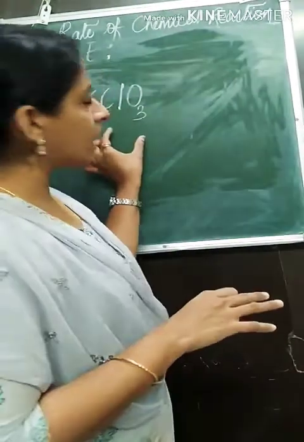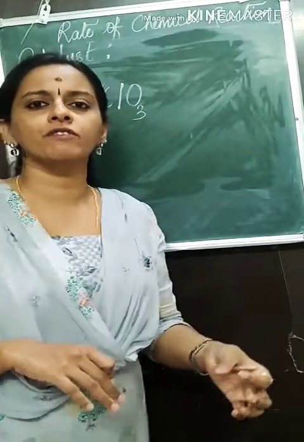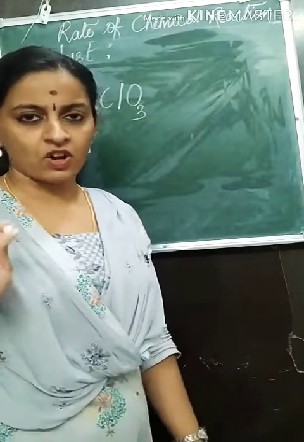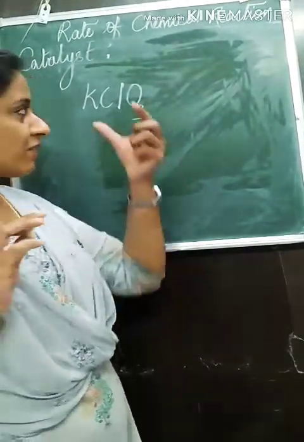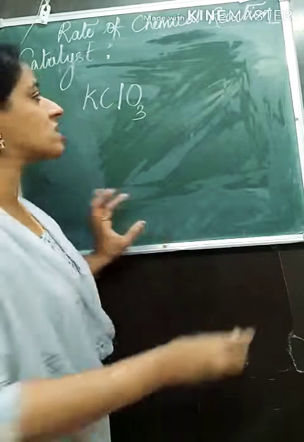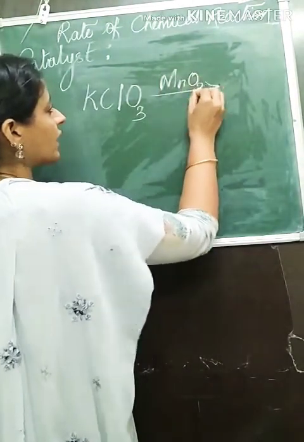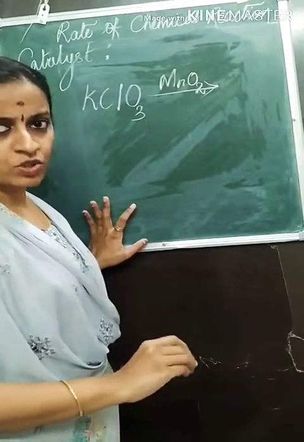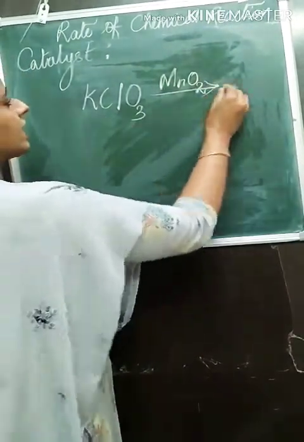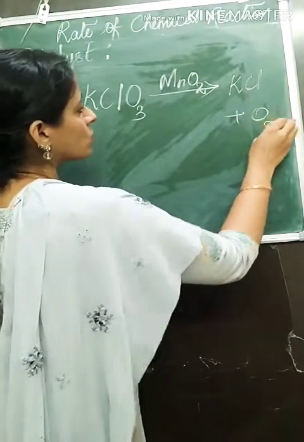So what is that special ingredient which makes the rate of reaction faster? It is the catalyst, that is manganese dioxide, MnO2. The moment manganese dioxide is used as catalyst, you will see that it decomposes into KCl plus oxygen